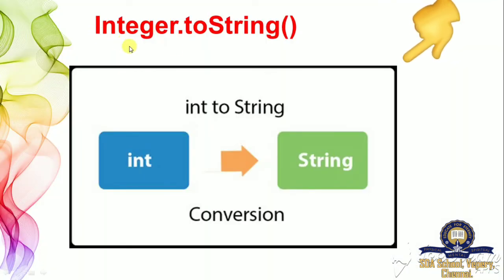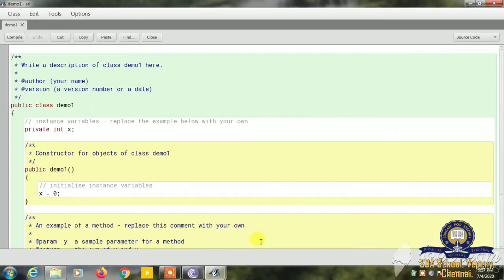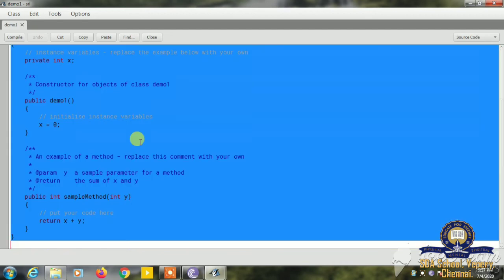Now let's see integer to string conversion. For this conversion we have to use the toString function. This function is used to convert integer to string. We will see one example program. Now let's see the example program to convert integer into string.